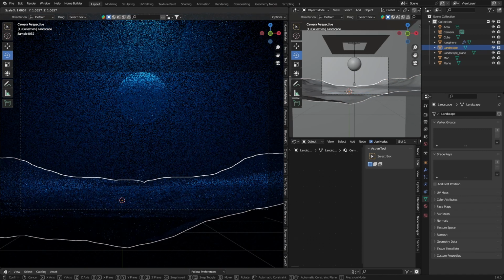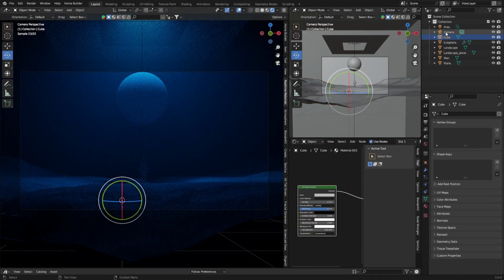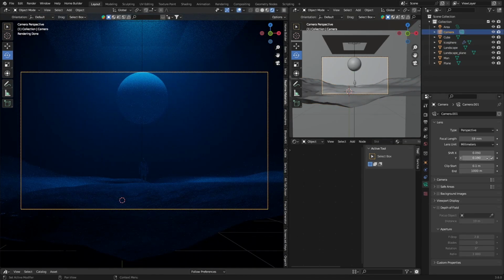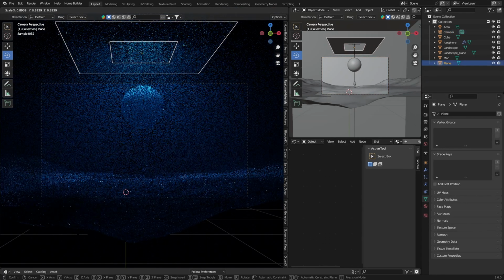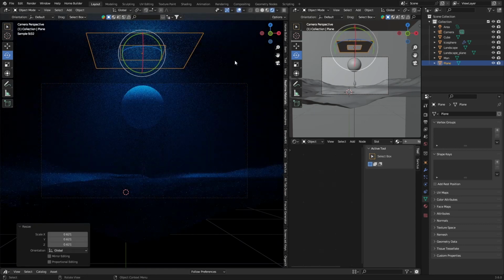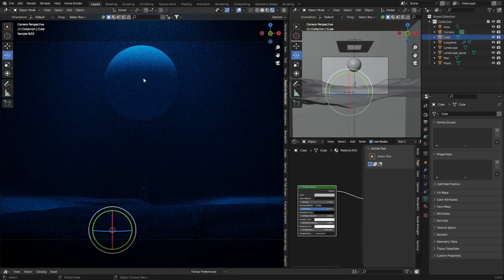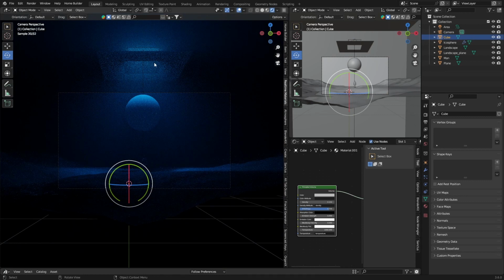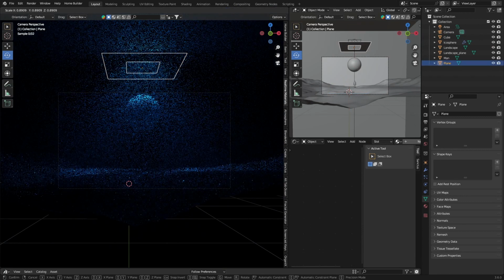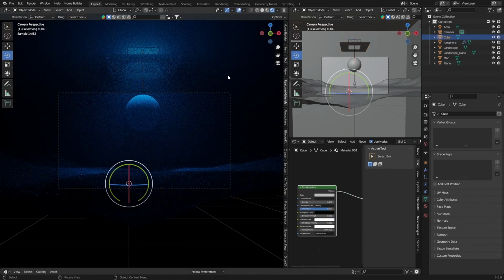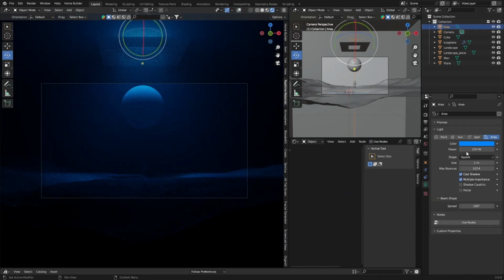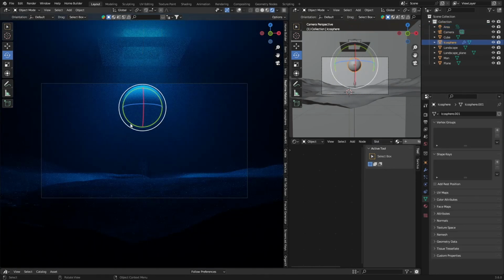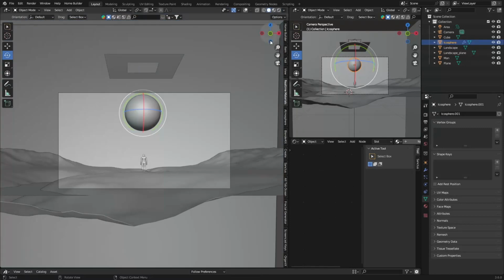You can scale this up, then just bring your camera up just a touch, then this, you just scale this down. We kind of want it to shine like this at an angle, you know what I mean? So scale it, and this will give it that effect. You can play around with the brightness, so you make it 500, and then if you want, you can play around with this, change this material,